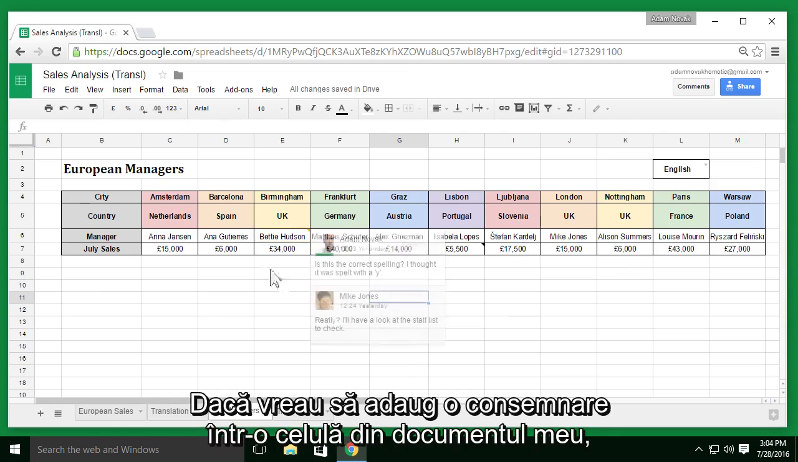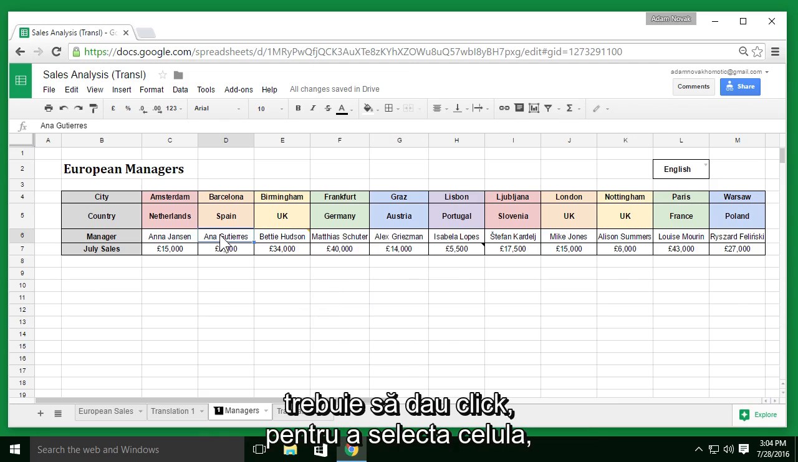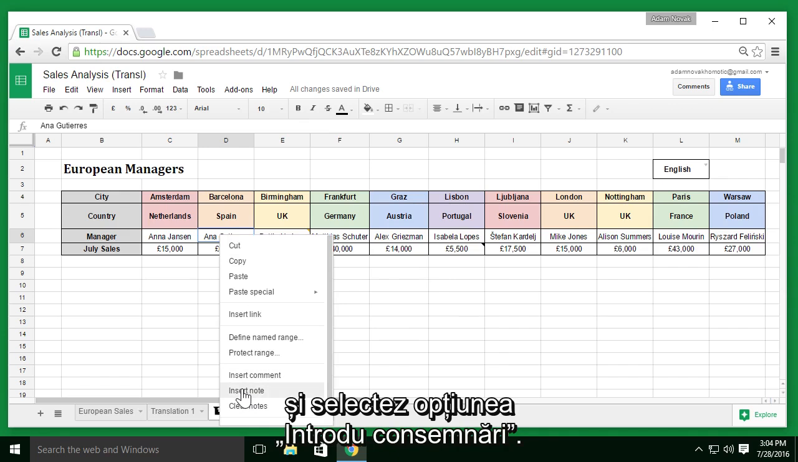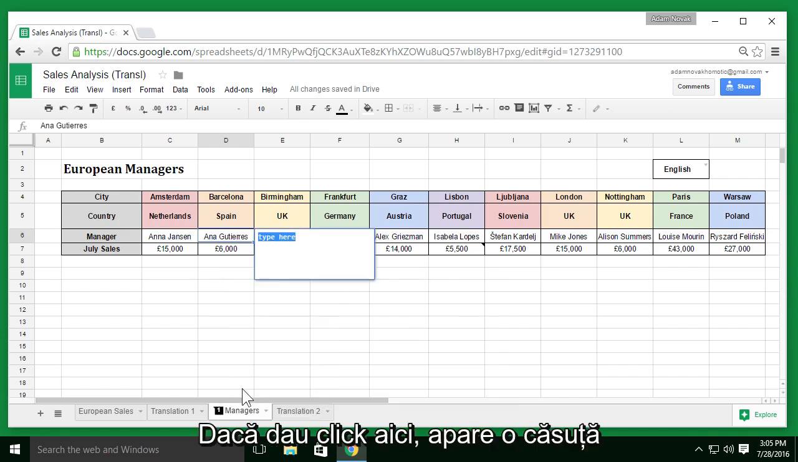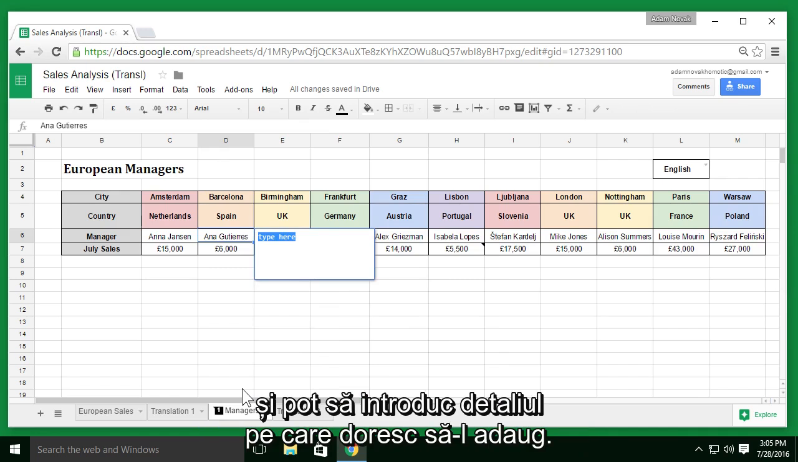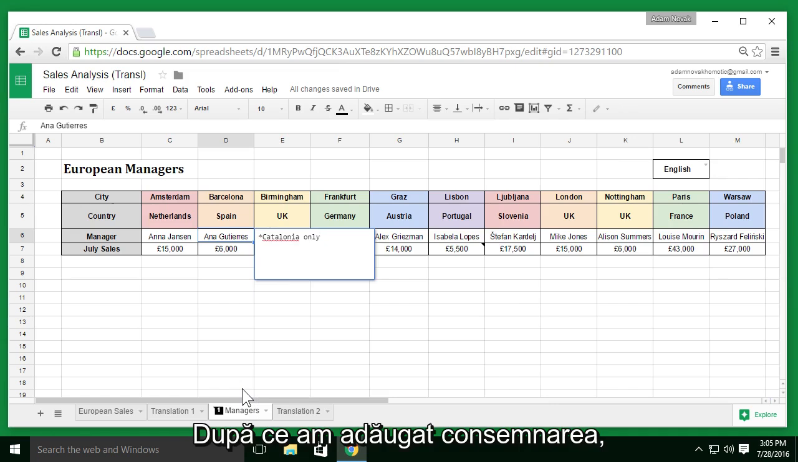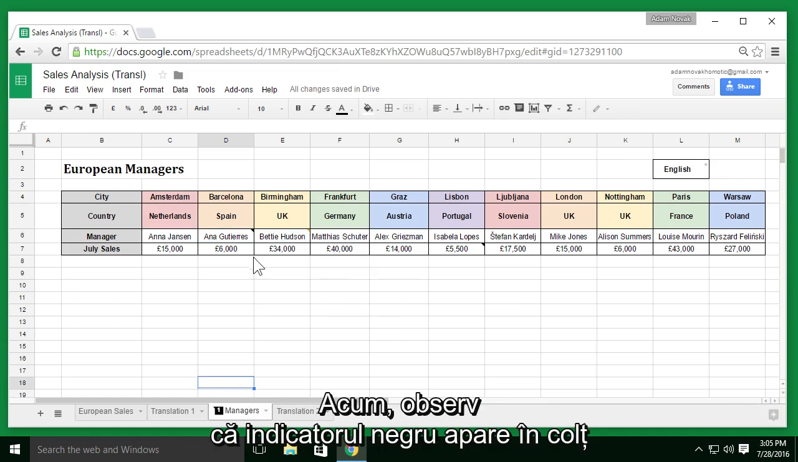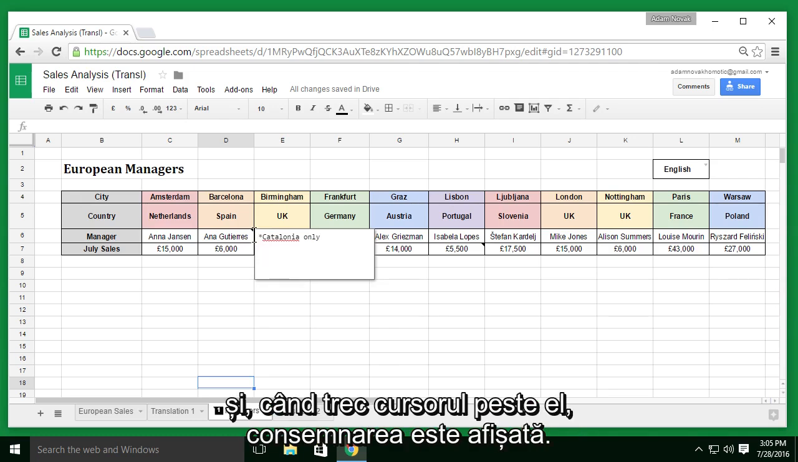If I want to add a note to a cell in my document, then I simply need to click to select the cell and then right-click and go down to Insert Notes. If I click here, then a note box will appear and I can type in the detail that I want to add. Once I've finished adding my note, I simply need to click elsewhere in order to apply it. Now I can see that the black marker appears in the corner, and whenever I hover my mouse over this,